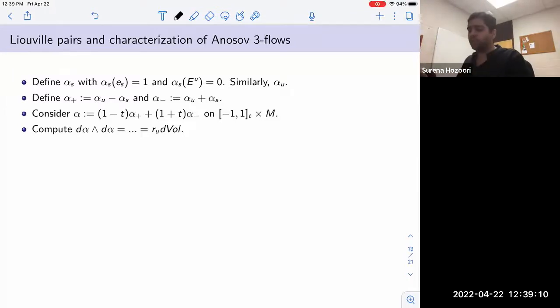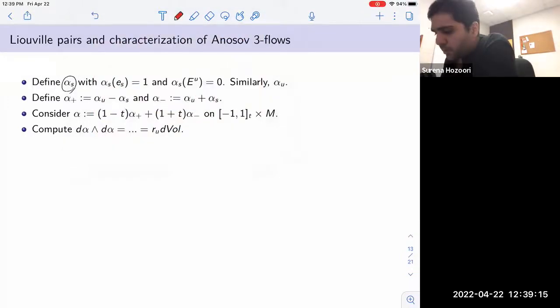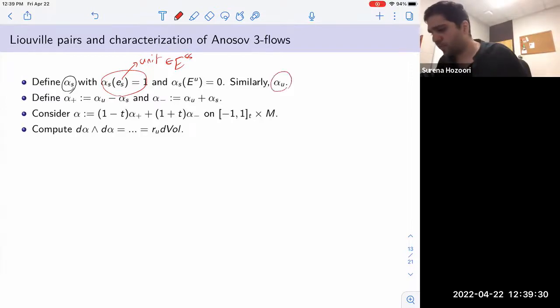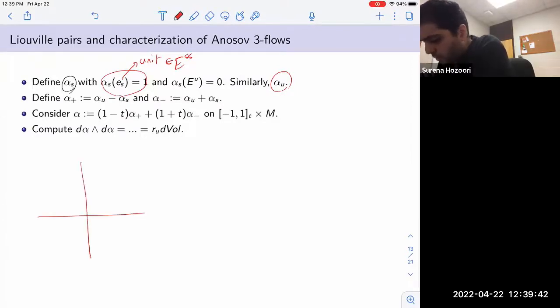So we have this metric, and we define alpha S by the property that alpha S of ES, which is just the unit vector in the stable direction, is equal to 1, and alpha S vanishes on the other foliation. Similarly, we can define alpha U, and then define alpha plus as alpha U minus alpha S, and alpha minus as alpha U plus alpha S. If you think of it, this means that the kernels of these are exactly these two